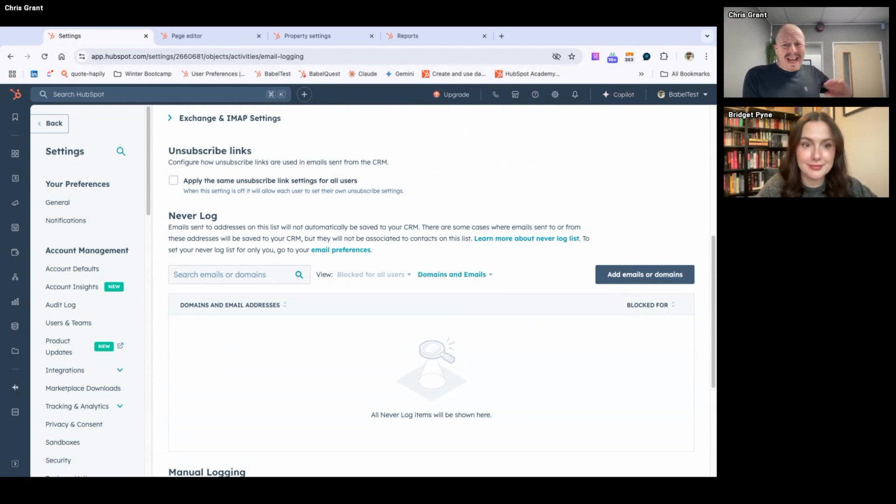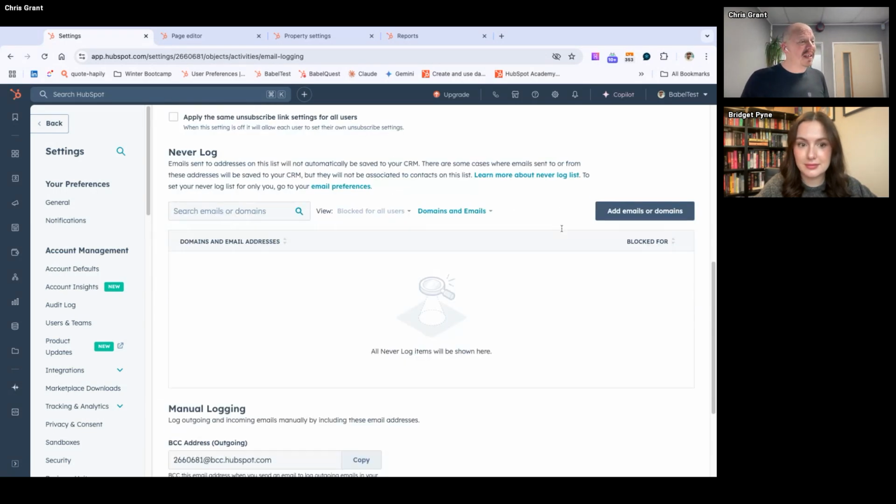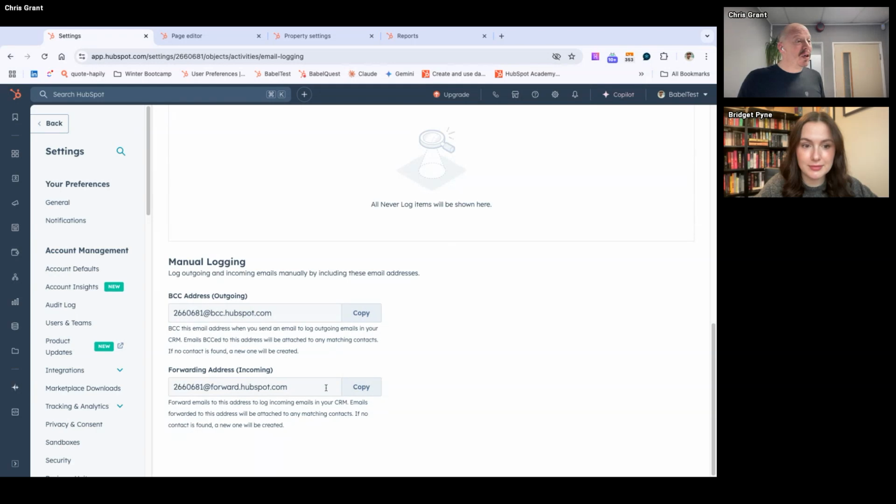And then you find HR emails in their portal and salary details and all kinds of stuff. So, block your internal emails. It doesn't stop emails being logged that you send to clients, but it stops, like if Bridget sent me an email, that doesn't get logged in our portal. So it just adds that little layer of security.